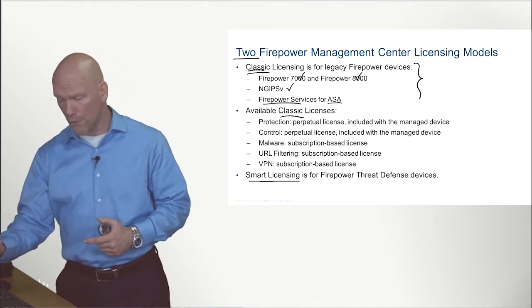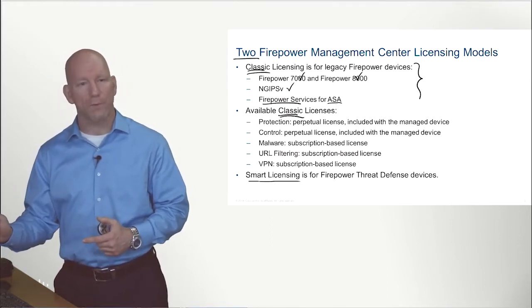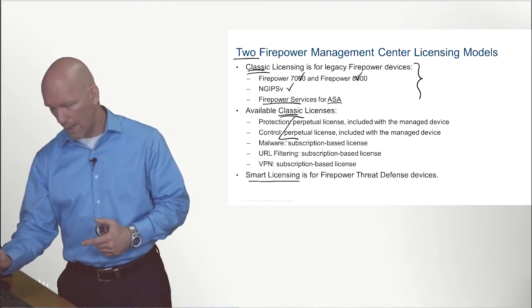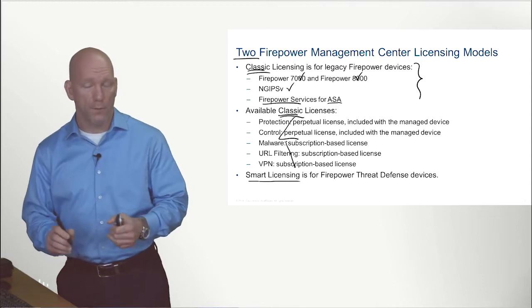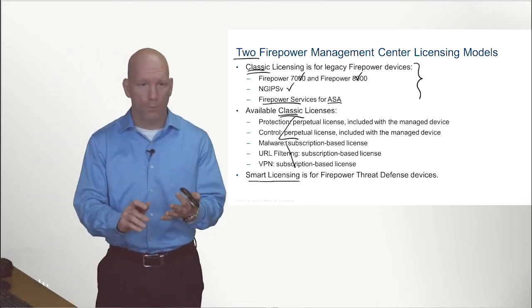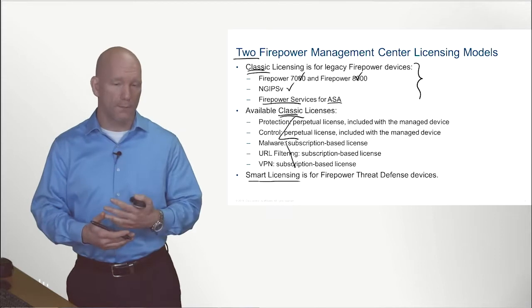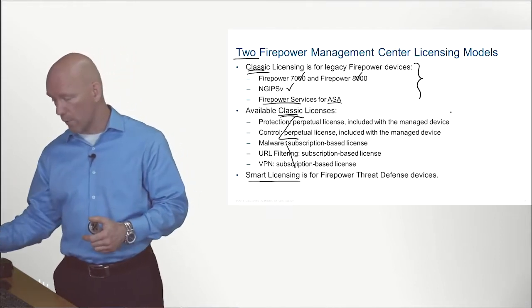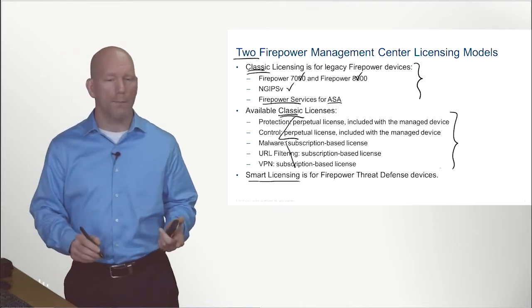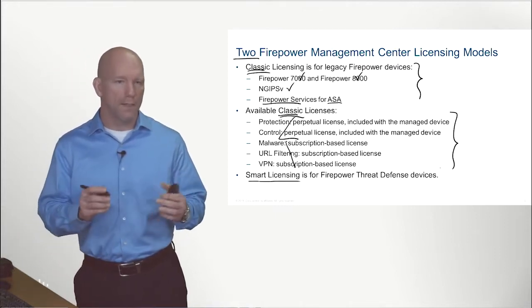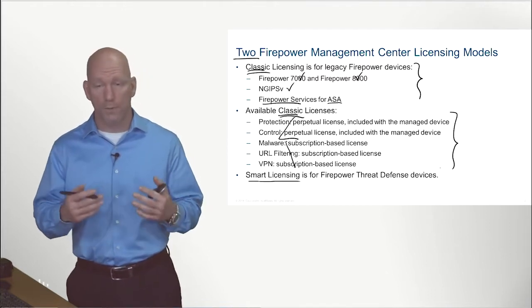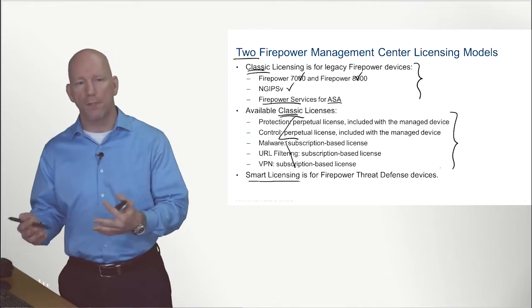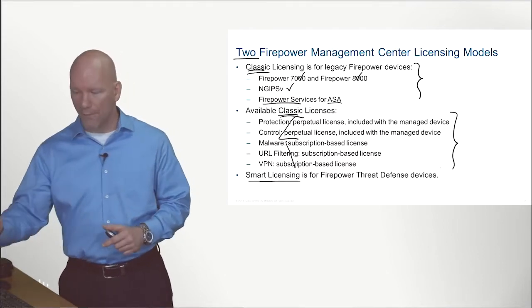So here we're talking about the classic firepower services for the ASA. What's also nice is that the classic license approach falls into two subcategories: perpetual and subscription-based. The perpetual is a license that you purchase once, you apply it, and it is good forever and ever, again, perpetual. While the subscription-based, and don't worry, we're going to go over all of these in much more detail in just a couple slides, is exactly that. You subscribe to it, and it's good for 1, 3, or 5 years, depending upon the feature and the purchase. So once again, folks, that was the classic approach.